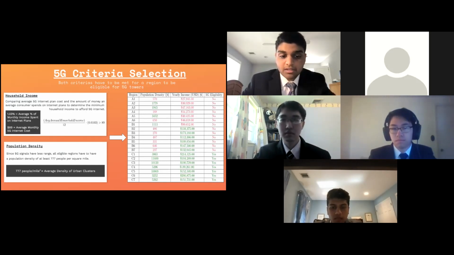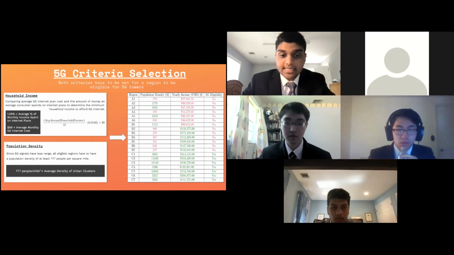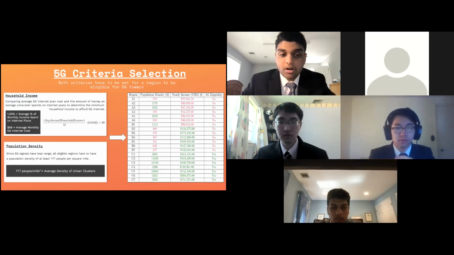Now, let's put this model to the test by looking at the sample regions in the M3 dataset. As shown on the table, only the C subregions have a high enough population density and average household income to be eligible for 5G internet. Taking subregion C6, for example, we would locate the 5G nodes by applying the same center of mass approach as previously described. In our initial report, we described this process taking place over the entire subregion, but after some thought, we realized it would be more beneficial to break up the subregion into smaller areas to adjust for the smaller